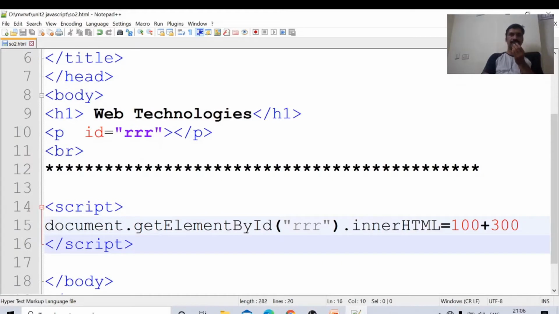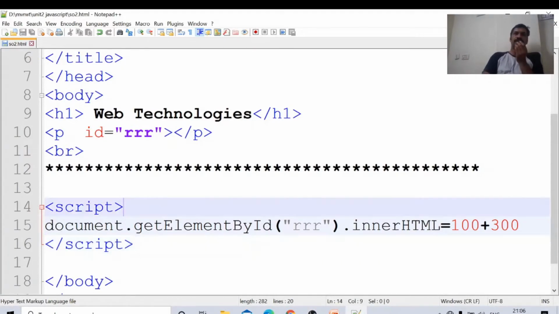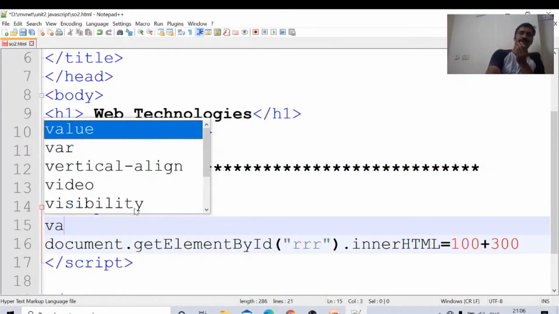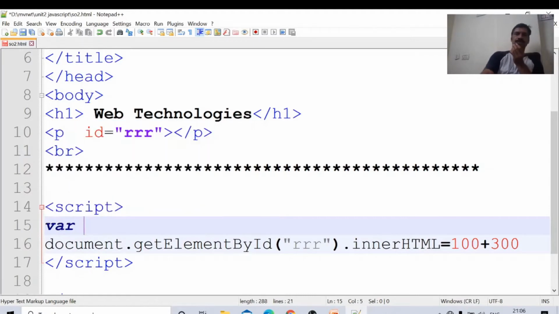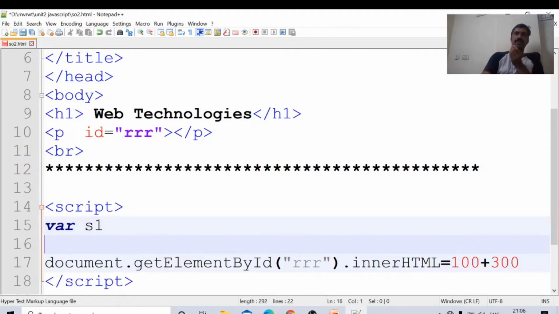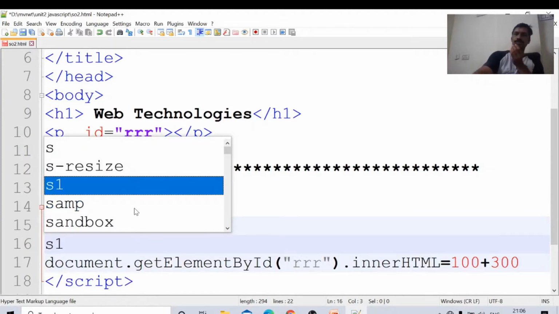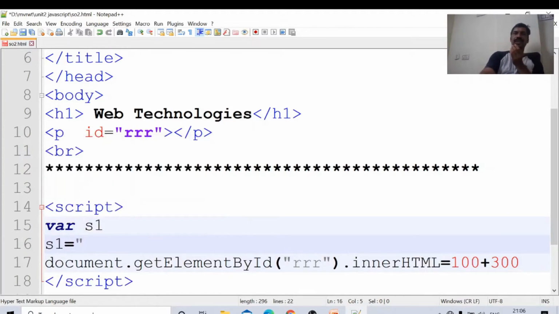In the so2 second file, in script I am declaring one variable s1. s1 equal to, this is a string type variable I am declaring.